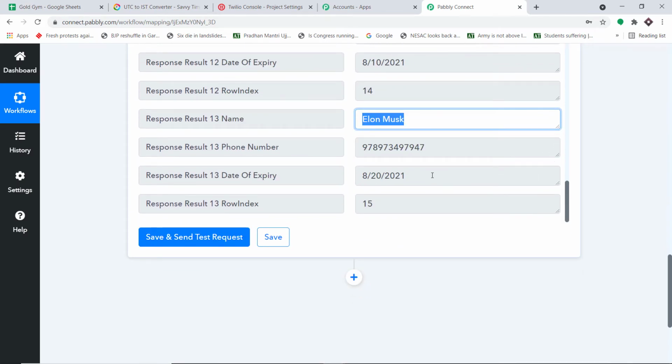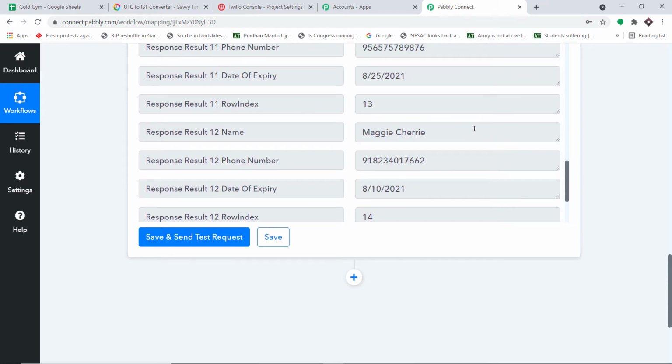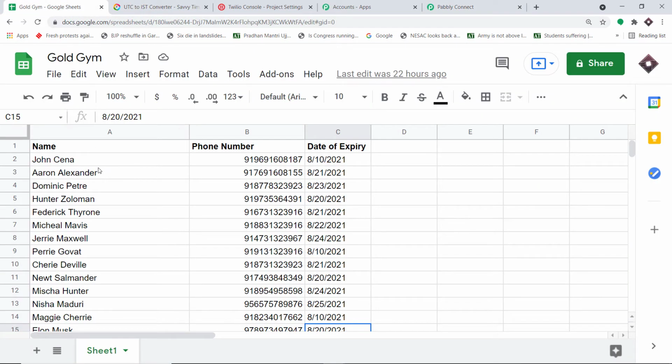Now, the problem here is we have got all the data of all the people. First we have to create a prototype. The prototype is we want to send the data to the person whose gym membership is going to expire. We can't really work with all this data because it will be tough. So we are going to select the first person, John Cena.